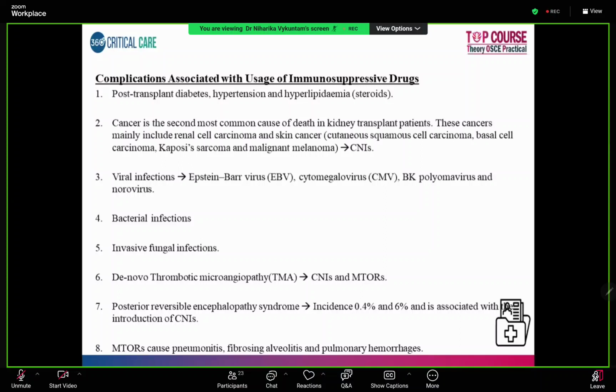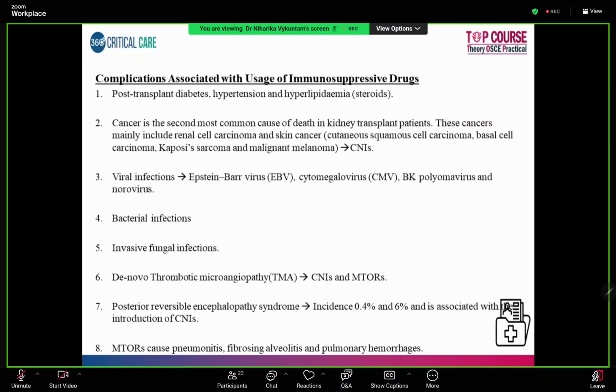Now, coming to the complications which are associated with the usage of immunosuppressive drugs. We happily use immunosuppressive drugs, but there are a lot of complications associated with these. The first would be steroid induced post transplant diabetes, hypertension, and hyperlipidemia. If you take long term immunosuppressive drugs, there is a chance that the patient might have cancer. Cancer is the second most common cause of death in kidney transplant patients, especially on long term immunosuppressive therapy. The most common cancers which occur are renal cell carcinoma, and the second one is